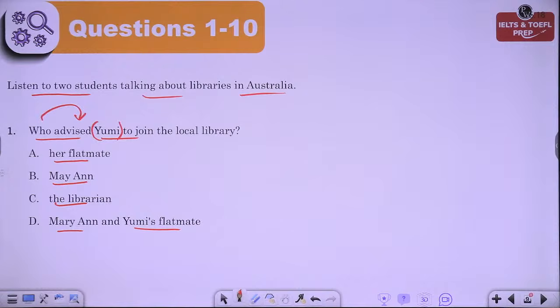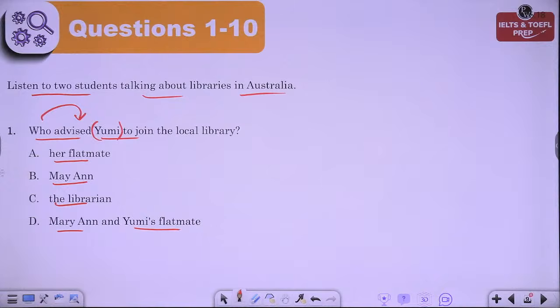They probably won't have many law books in the library, but you'll be surprised. You'll be spending a lot of time in the library then. That's my problem. I don't know anything about libraries in Australia. Oh, don't worry about that, Yumi. Librarians here are really friendly, and most of them are extremely helpful.